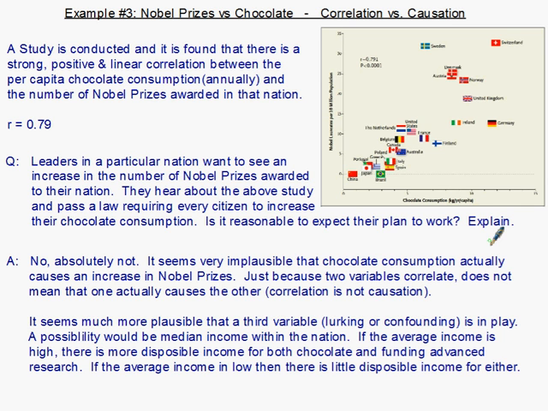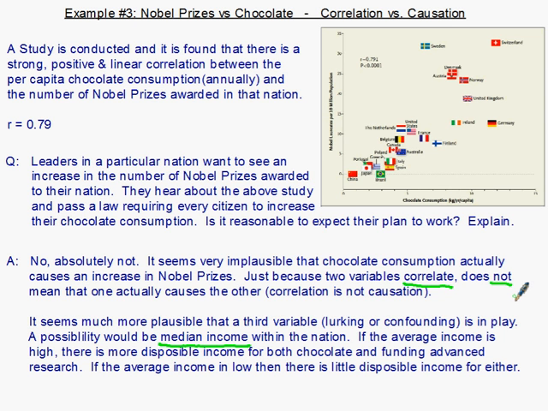It seems very implausible that chocolate consumption could actually cause an increase in Nobel Prizes. Just because two variables correlate does not mean that one causes the other. Correlation is not causation. It seems much more plausible that a third variable, lurking or confounding, is in play. A possibility would be that median income within the nation